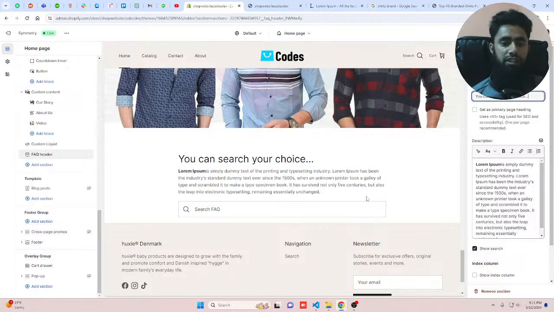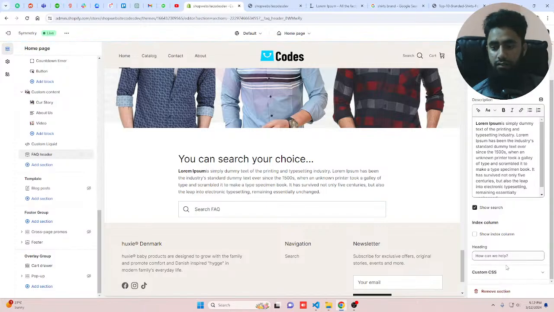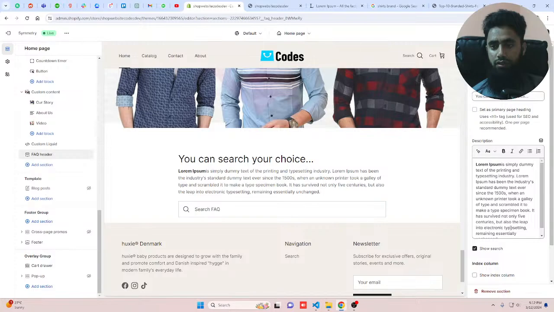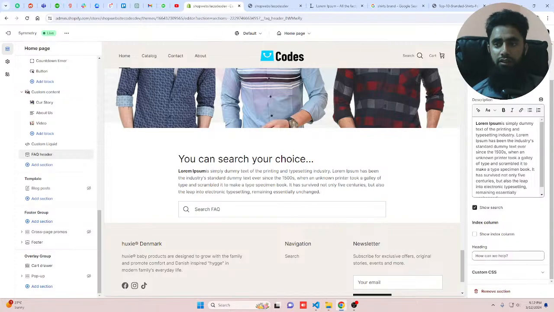So from this section, the customers are able to search any specific product in our store. Okay, so let me change it. Yeah, that's good. Okay, click on save,